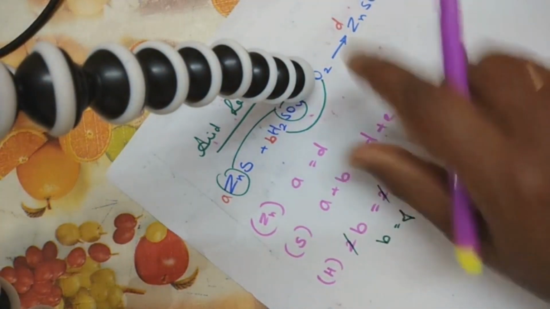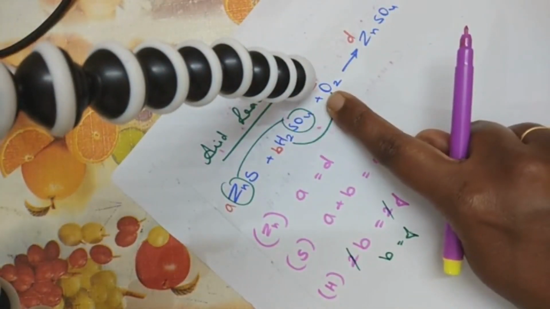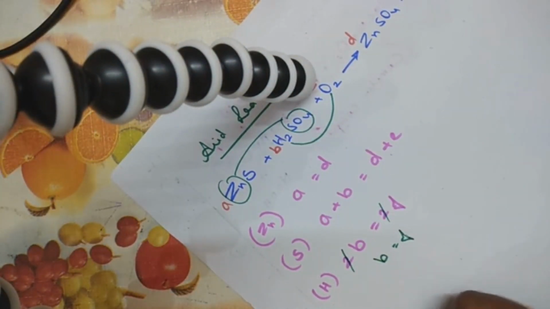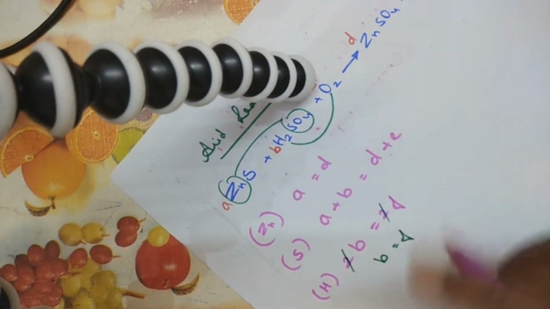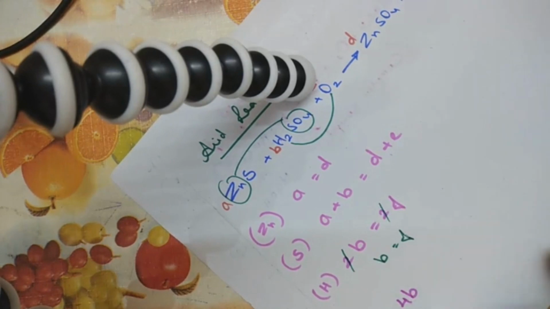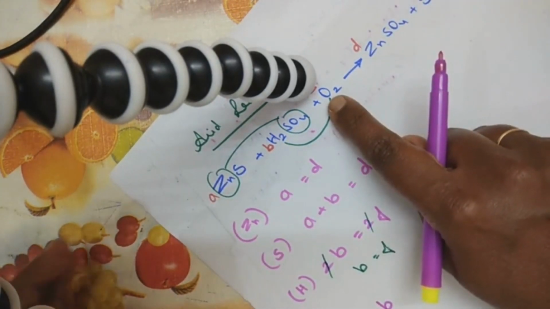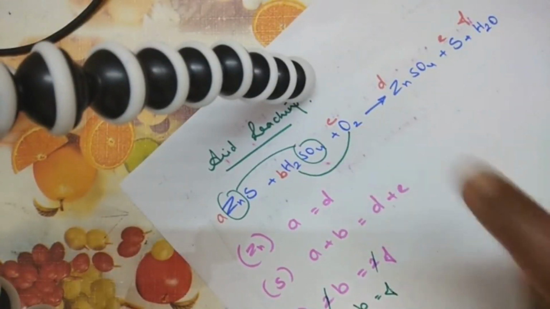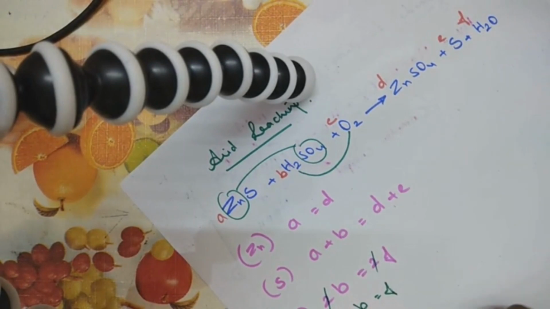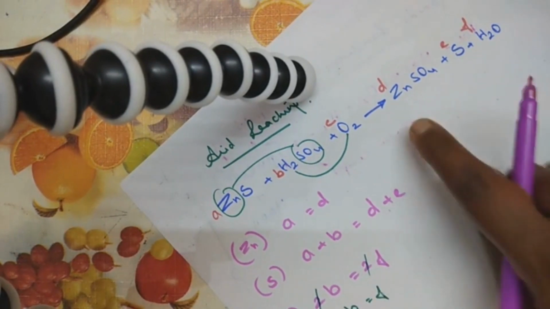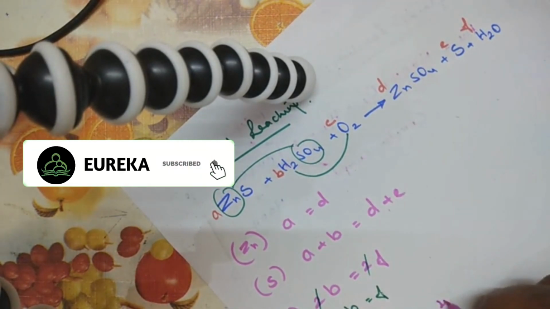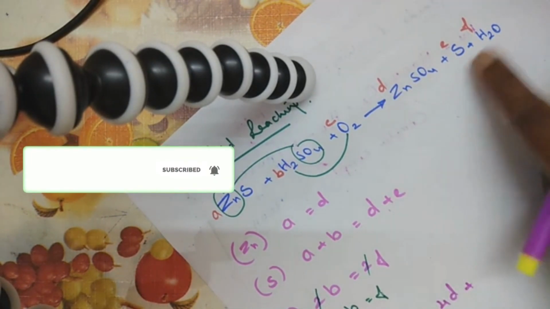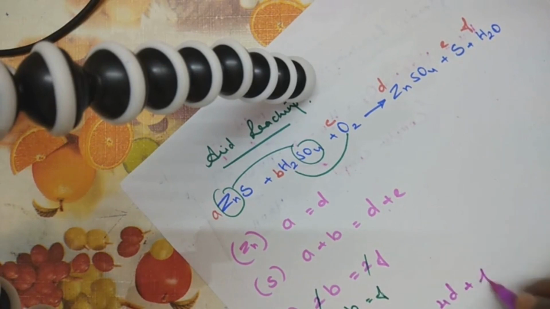The leftover one, oxygen. Now when I write in terms of oxygen, how many times do I have oxygen here? 4 times B. So that will be 4B. Next here, how many times oxygen? I've got C 2 times. So 4B plus 2C is equal to, look on the other side. How many times do I have oxygen? D times, so 4D plus how many times? I've got F. So this will be my final equation.